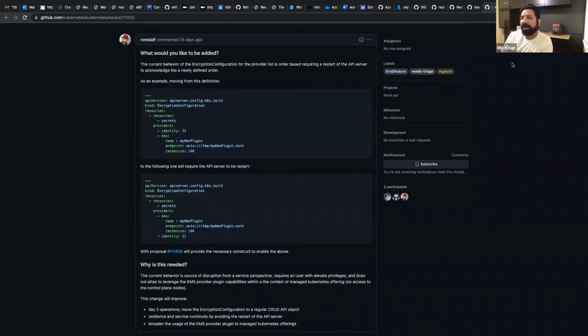Could you explain to me how? I understand how hot reloading means you don't have to restart the API server, and in all environments, managed or not, it makes changing the config much more tractable, because you don't have to do a process restart dance. You just change the file, and at some point the file will be read and the config will be there. If you're not too worried about knowing that exact time, because usually you don't care that much, just wait an hour and it's almost guaranteed to have happened. So that part makes sense.